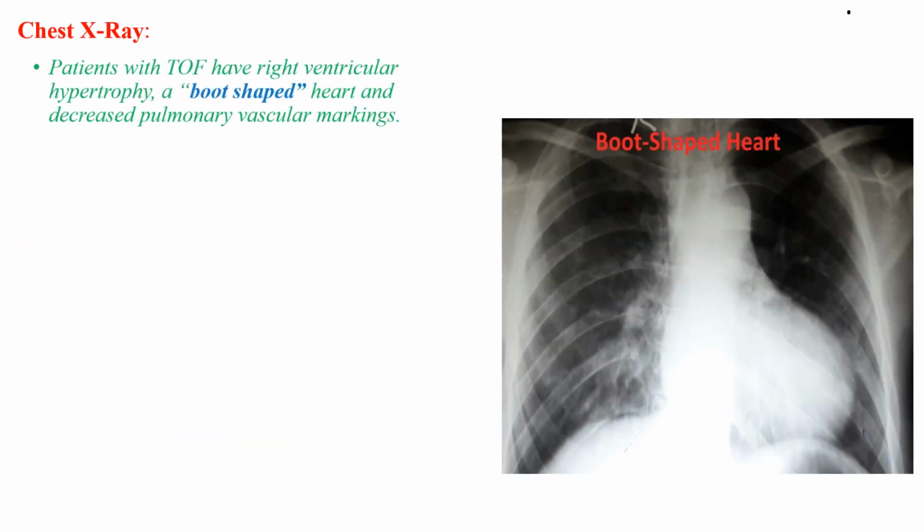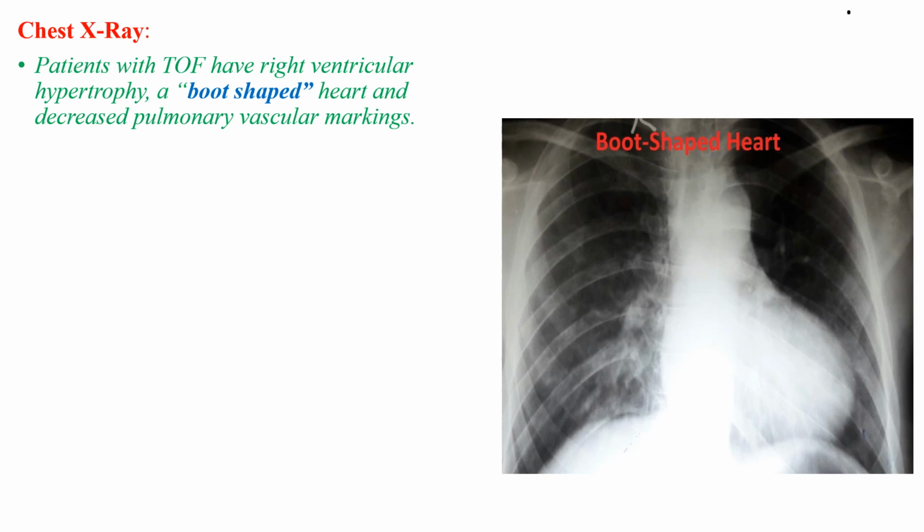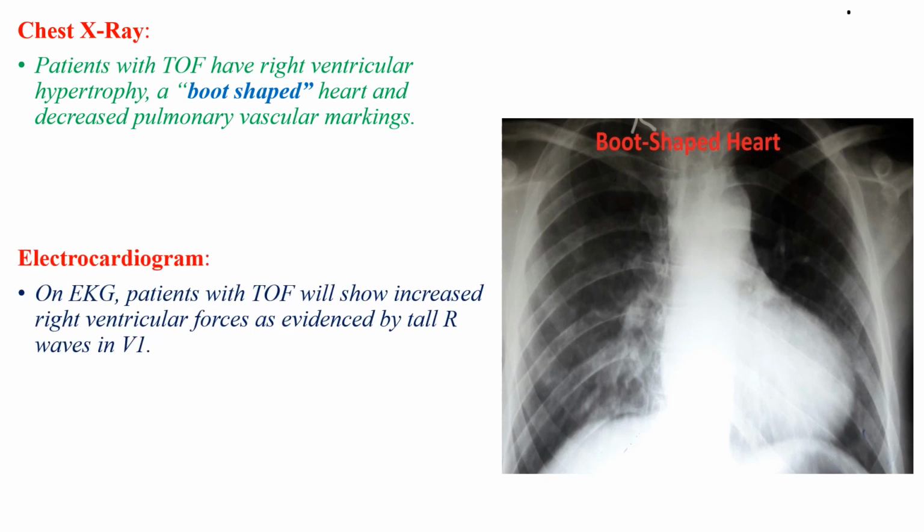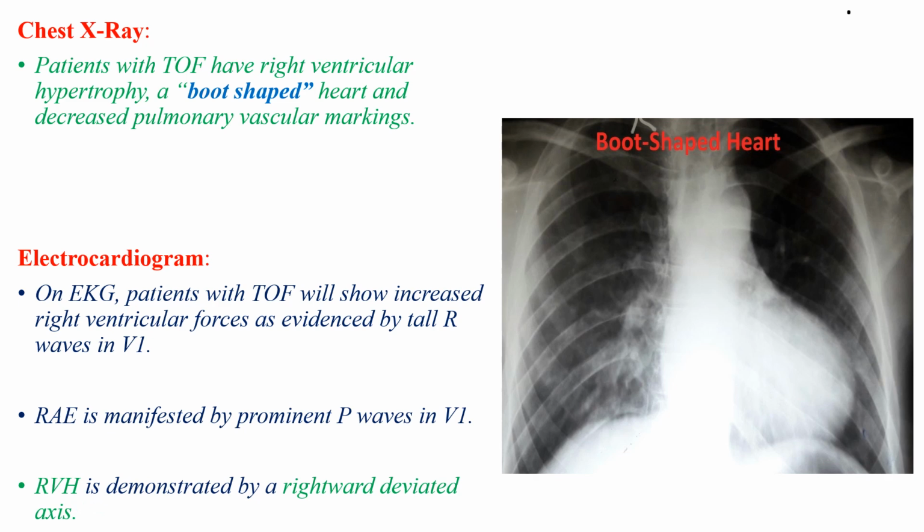On chest X-ray, patients with TOF have right ventricular hypertrophy, so a boot-shaped heart and decreased pulmonary vascular markings are seen. On echocardiography shows